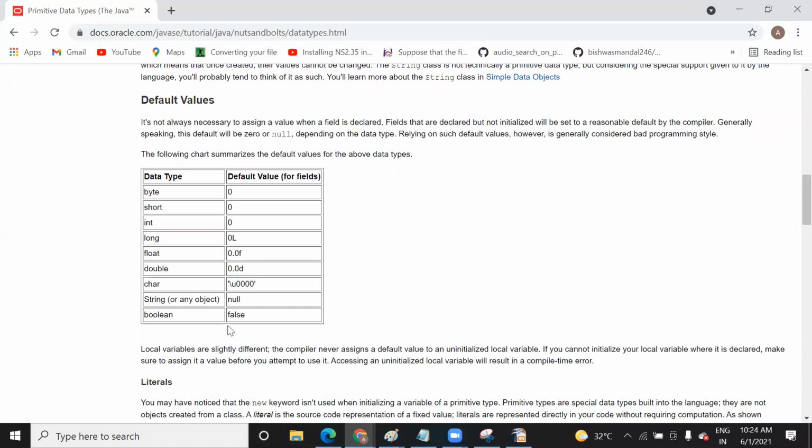And why is it always false? Because we use it somewhere where you want to prevent anything from being run. Like suppose you write a while condition. I made one program where I have written like this, let me show you.